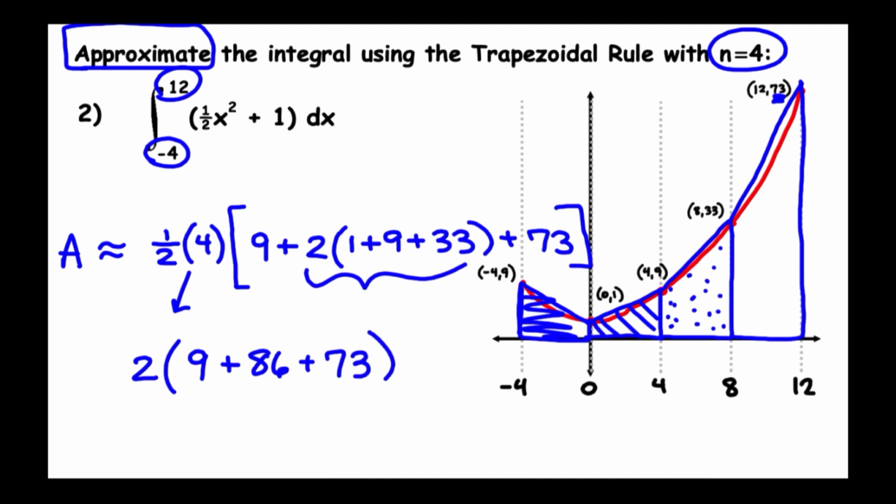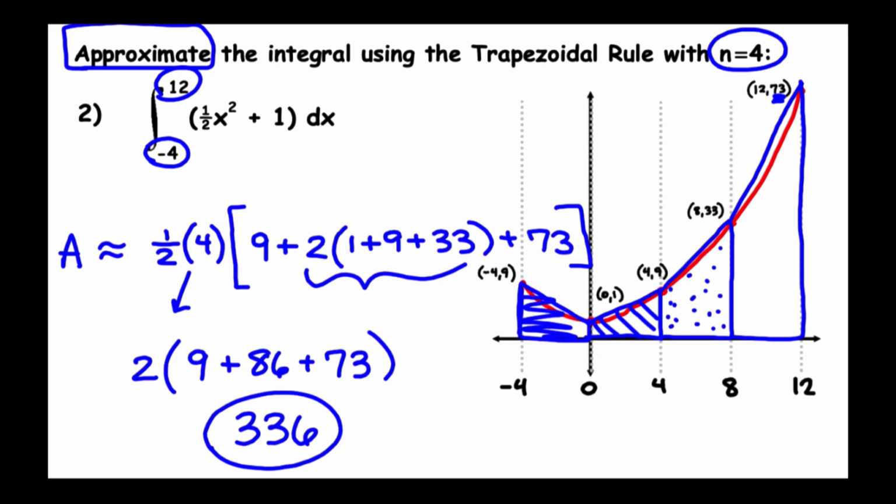That's going to work out to 2 times 168, which will be 336. 336 is the area. Interestingly enough, if you were to actually figure out the exact area by integrating, it would come out to be